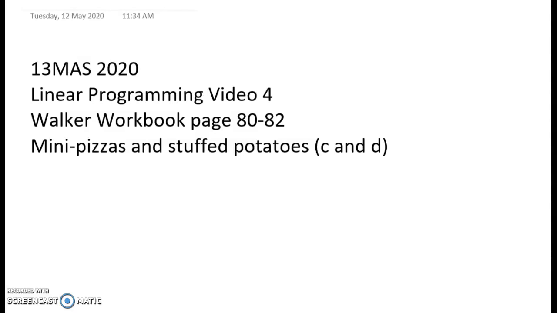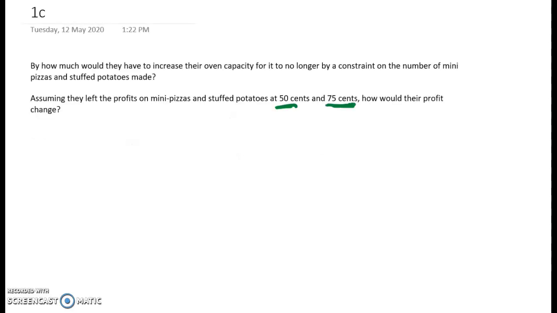This is part C and then part D of the question in the Walker book about the mini pizzas and the stuffed potatoes. So you need to have watched the first video or done it and gone through the worked solutions. Question 1C looks at changing one of the constraints, and it says by how much would they have to increase their oven capacity for it to no longer be a constraint on the number of mini pizzas